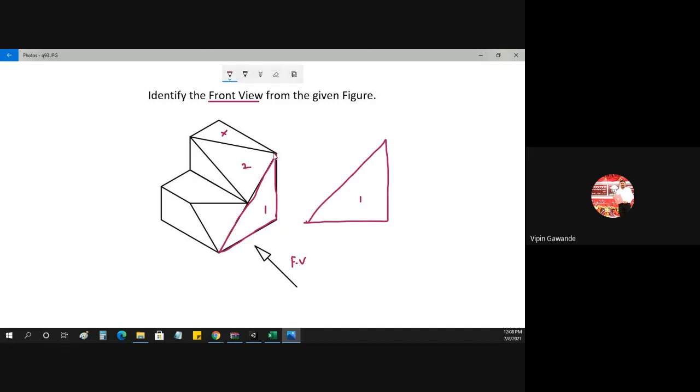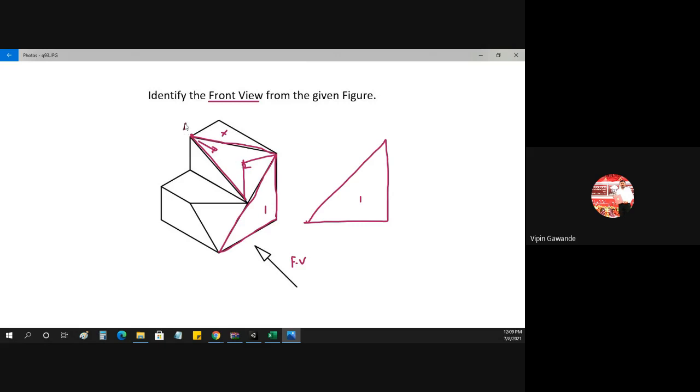Now how to draw this line? See these 3 lines. For this triangle, this comes forward. You take this point forward here. When you take that point forward, this inclined line becomes horizontal and this line becomes vertical.